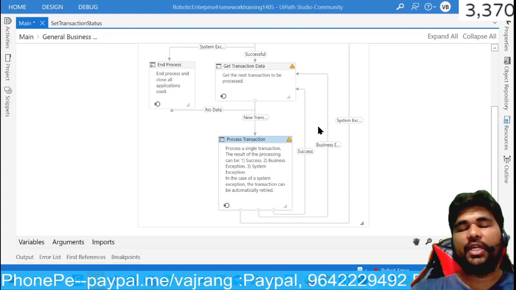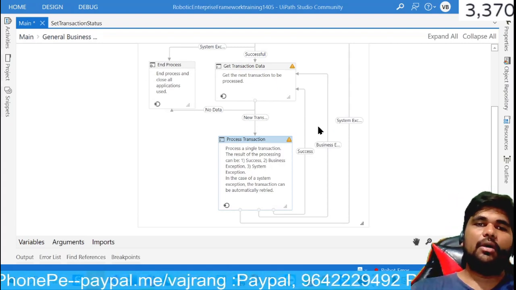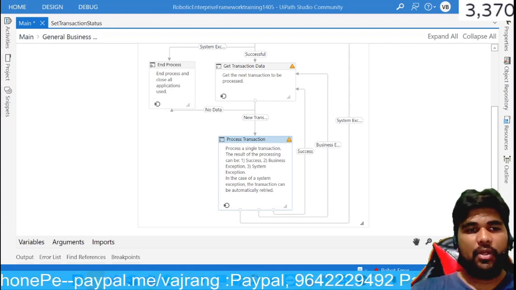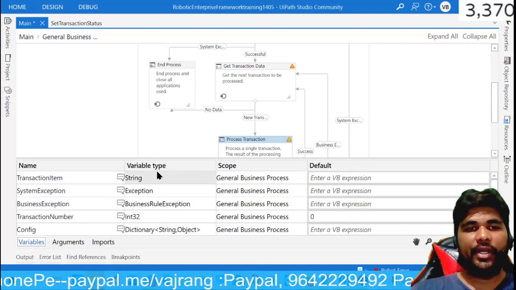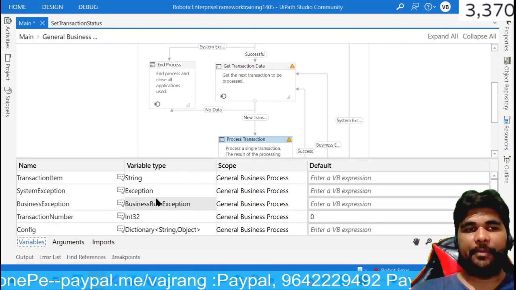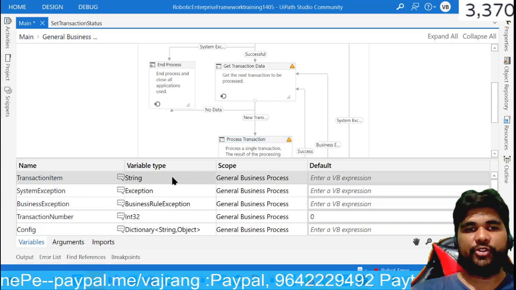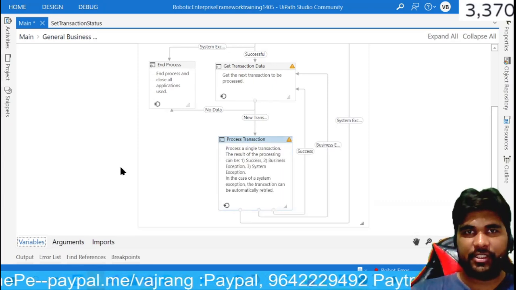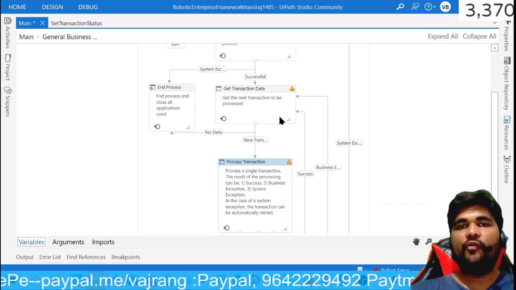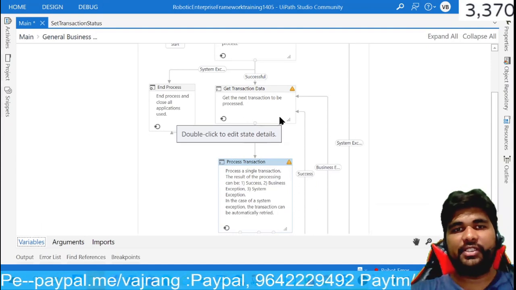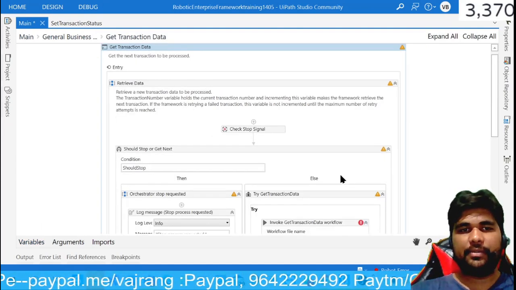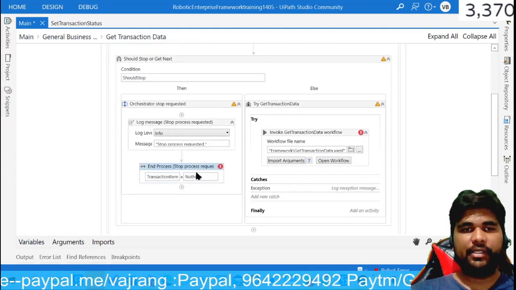See, whenever we understood that this is the transaction item, first thing that we need to do is go ahead and change the transaction type. Transaction item type should be a string. When we change it, then we will have some errors, then we can correct the errors to get the process successful. If you see here, this is an error.